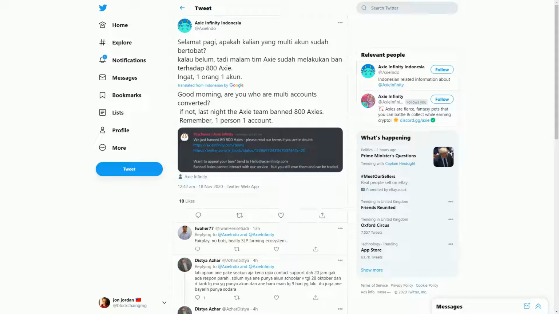It's not quite clear if these will be flagged up as NFTs that are banned in the game, because most things run on some sort of centralized servers as well. Marketplaces like OpenSea have some centralized components. So it may be that they can blacklist these NFTs, so people can see, because they still could have a value. It could be a novelty value. I might want to buy a banned Axie. That might be kind of cool in a way. It may flip the value. They may be even more valuable now they've